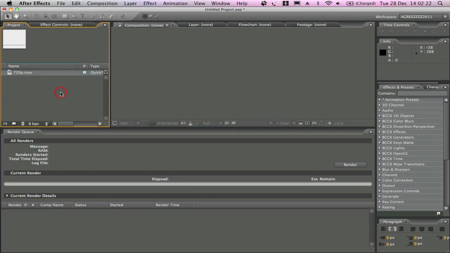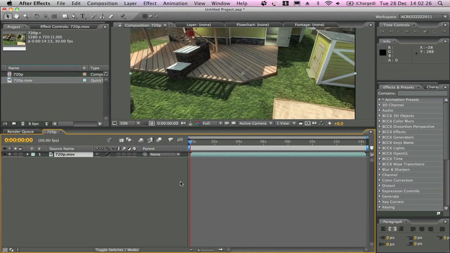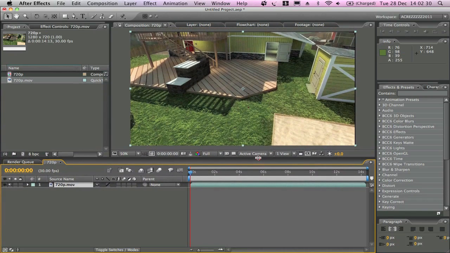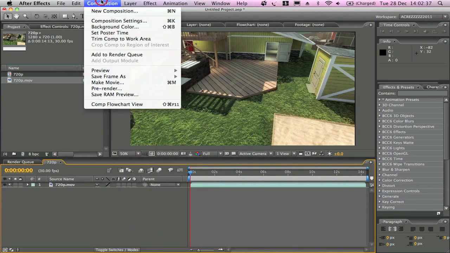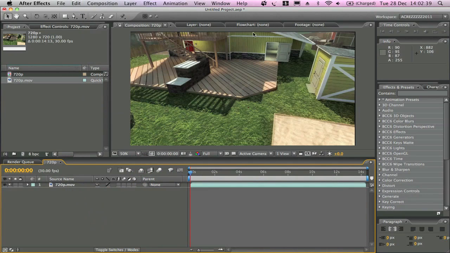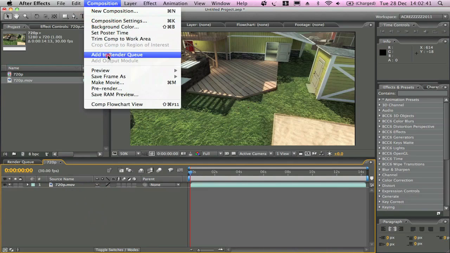All you want to do is drag this down to the Make New Comp button, and it will make a new composition with the exact same frame rate and size, all ready to render out. Now we don't have to actually do anything to this clip. Just go to Composition, Add to Render Queue,